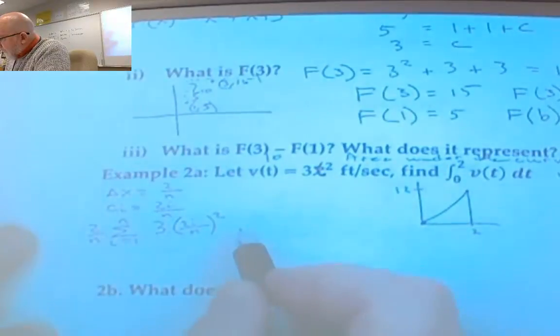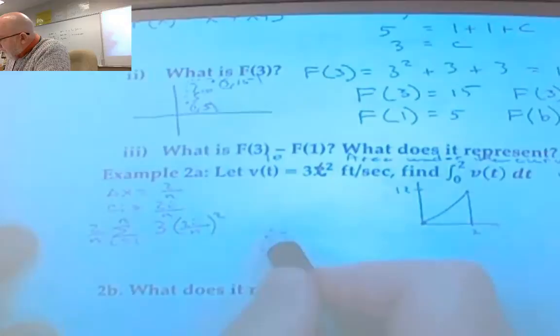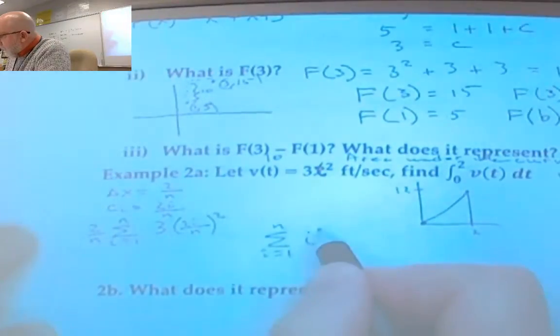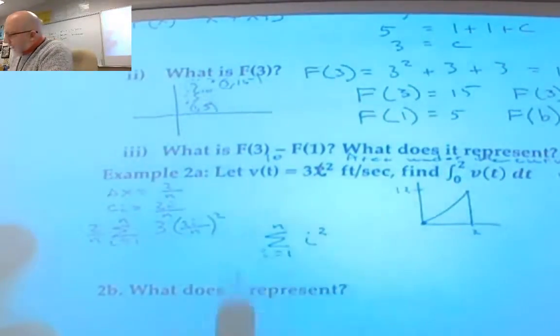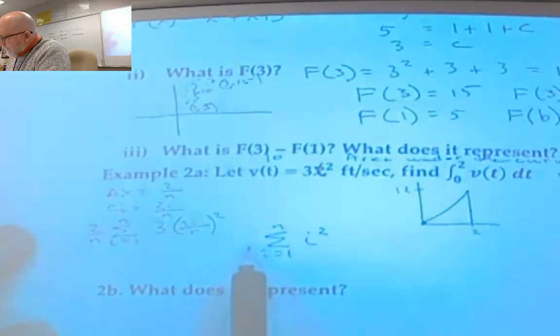So we can write this as the sum from i equals 1 to n. Do you see where I get the i squared? Yeah. What am I going to have out in front here? I'm going to have 2 squared, correct? Over